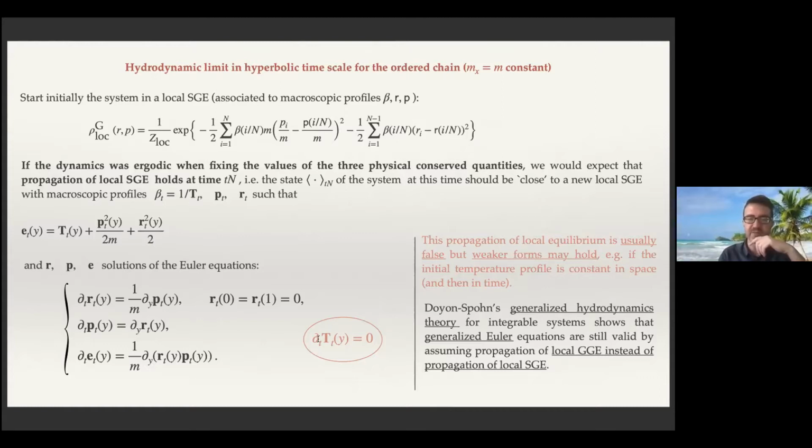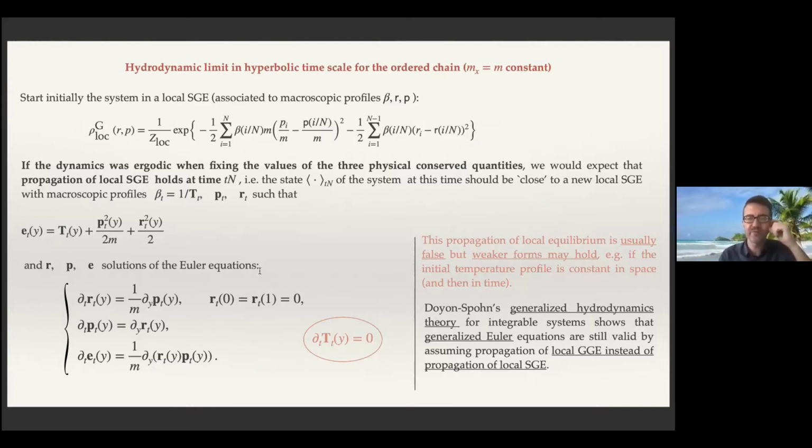But you observe something that, I don't know if it was observed in the past: if you look at this equation, and if you look at the temperature profile, T_t, which is just the difference between the energy and the mechanical energy, then you observe by solving this equation that this is equal to 0. So the temperature is not evolving with time for this Euler equation. And in particular, even if the dynamic is non-ergodic, this propagation of local equilibrium is usually false, but weaker forms may hold. For example, if you start with some local standard Gibbs ensemble, where the temperature profile is just constant, doesn't depend on space,